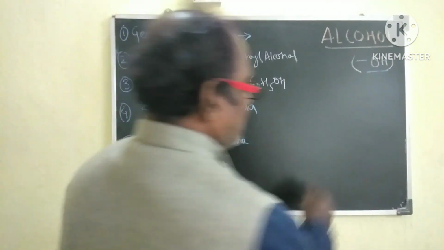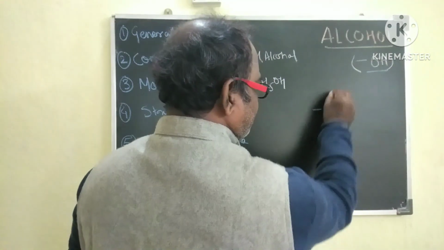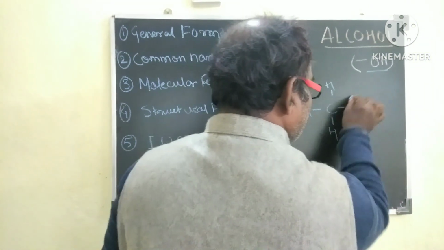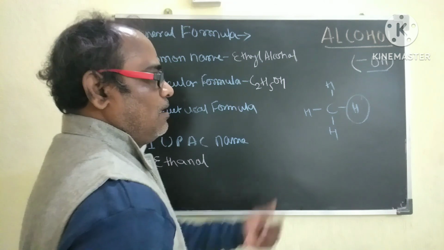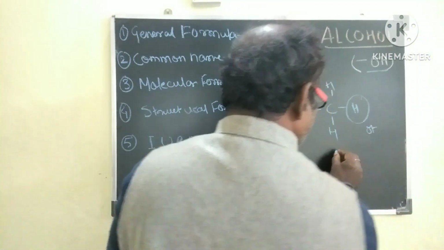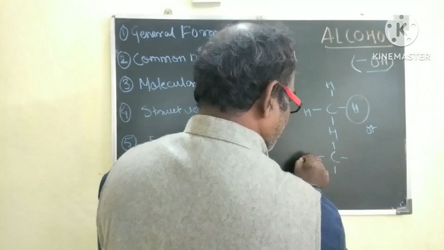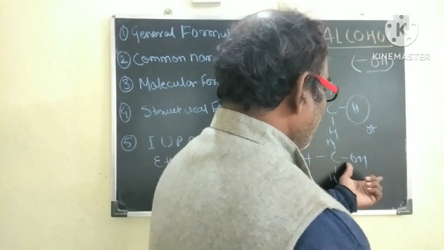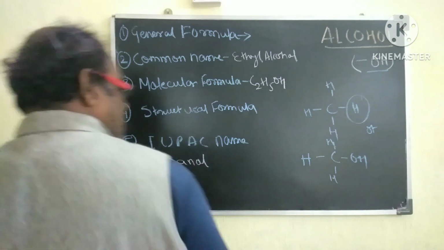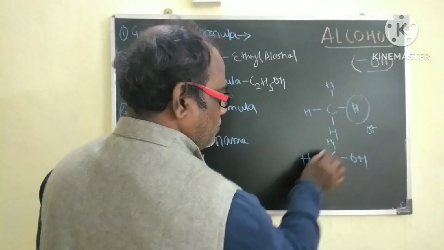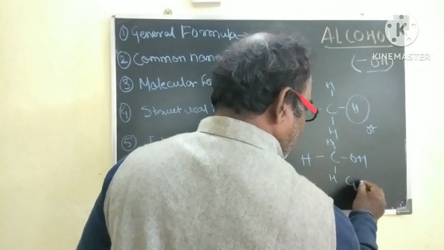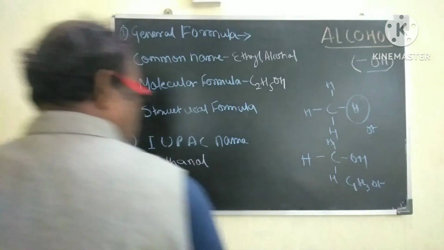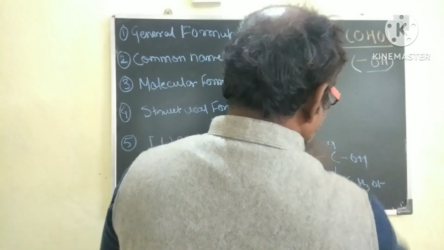Let us suppose that we have methane here. If a hydrogen is replaced by OH, then we have methyl alcohol. In the same manner, here how many hydrogens are there? 1, 2, 3 with one carbon atom, CH3OH. Now suppose we take two carbon atoms